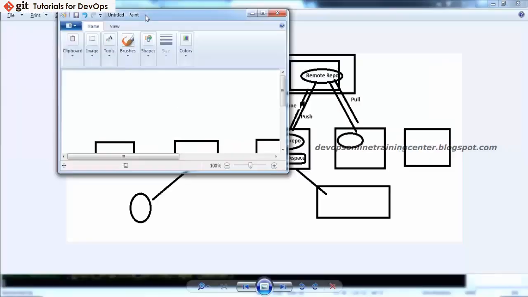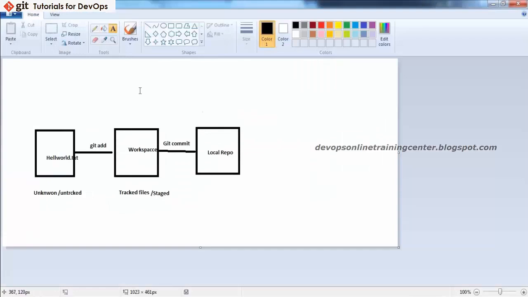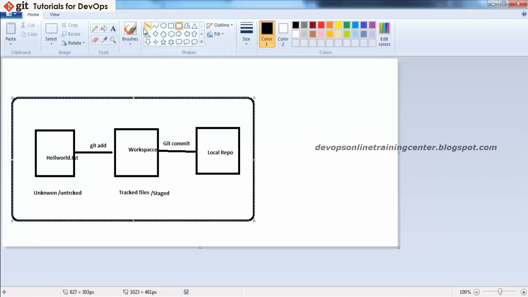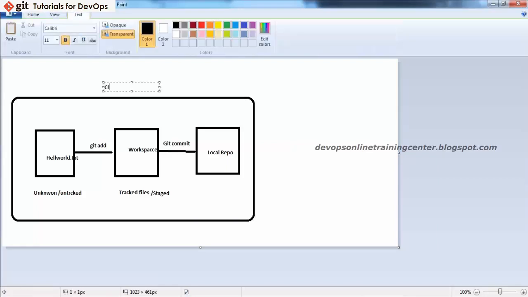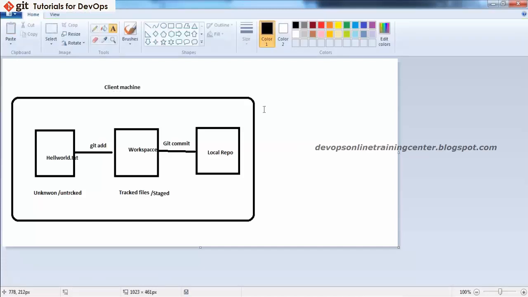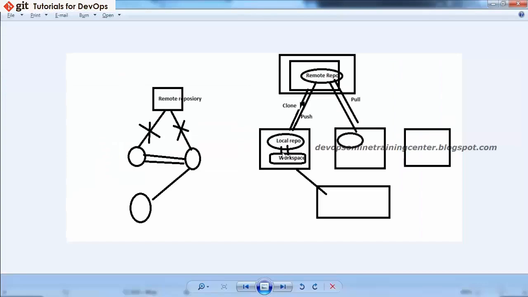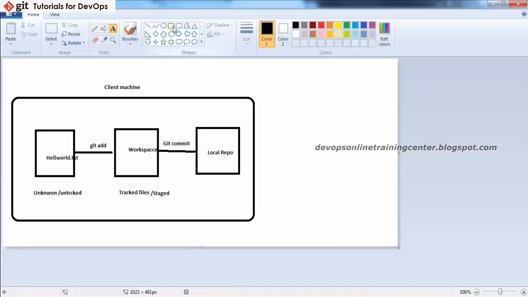So these are all things happening on your local machine. If I try to draw this diagram, these are all your machine, your client computer, client machine, nothing but a developer machine. Once everything is done, I want to send these changes to my remote repository. Assume this is your remote repository, which is on some server. I will be pushing these things to the remote repository with the help of